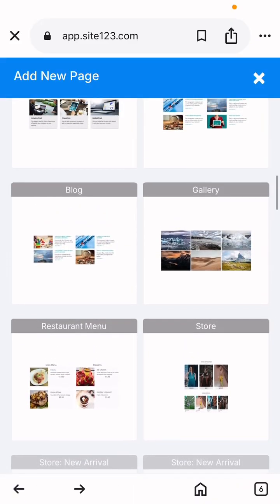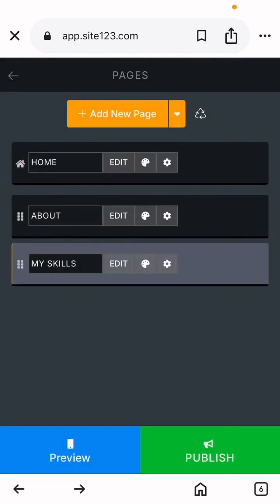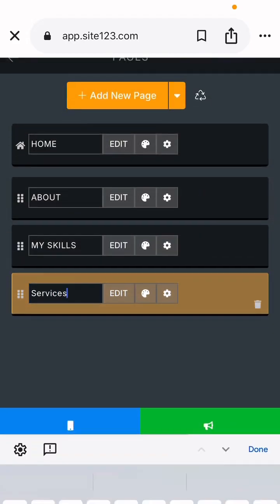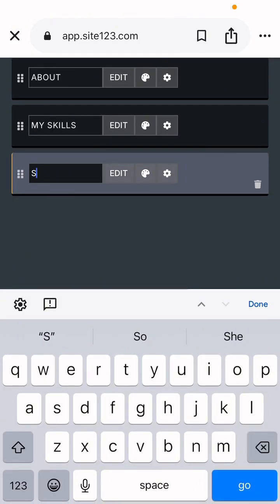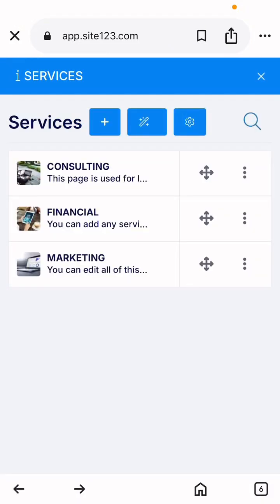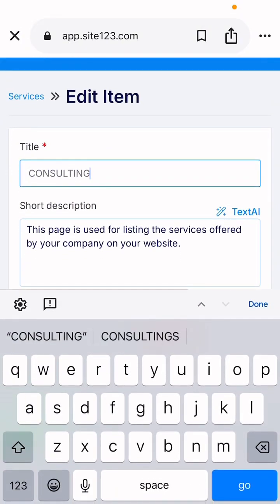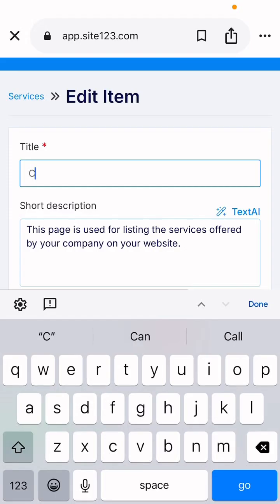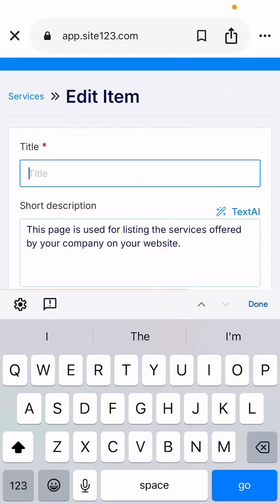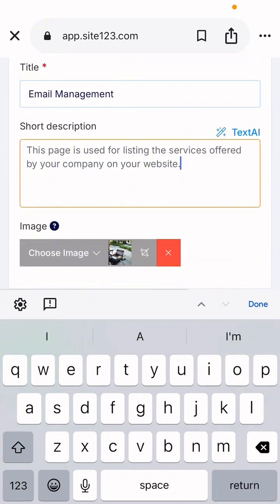So you want to take your time, because most of the time you can just keep these things. So here it is, this one by my right, and then you want to just change this to capital letter. Okay, click on edit. So for your services, what you want to include, if you know how to clean, you know how to manage inbox, so what you want to just name it is email management. All right, so for the description, so what do